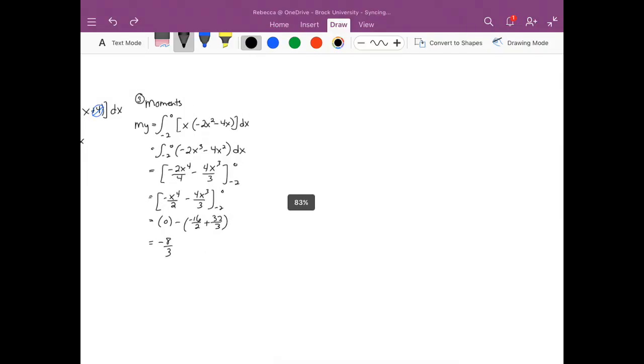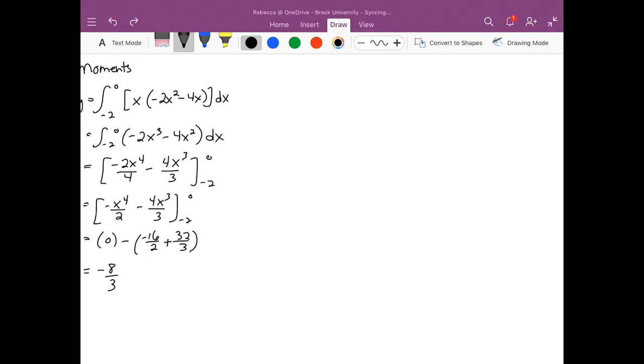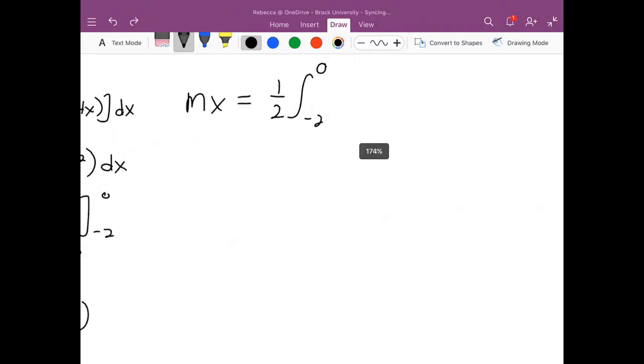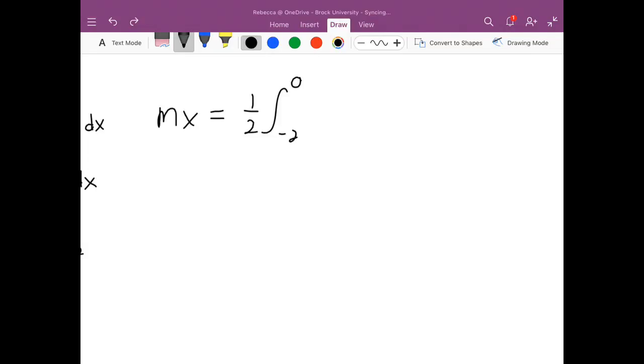So now looking at the Mx, this one is pretty intense with algebra because we're going to be squaring both of those terms. So if you need to square them on the side and then bring them in, that might help you out. But we get a half, negative 2 to 0, and I'm going to square my y2, subtract the square of my y1,